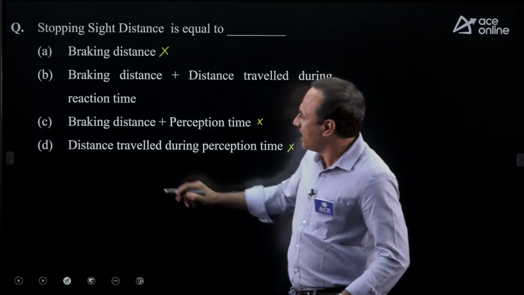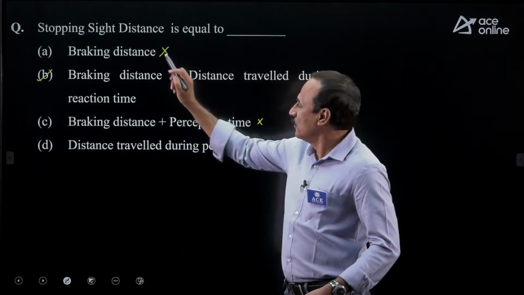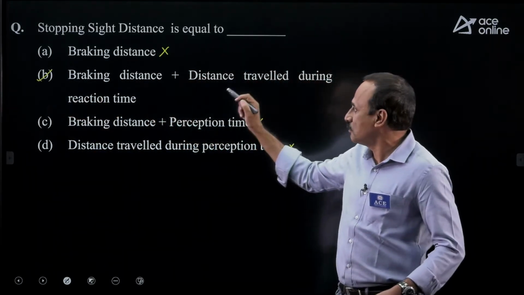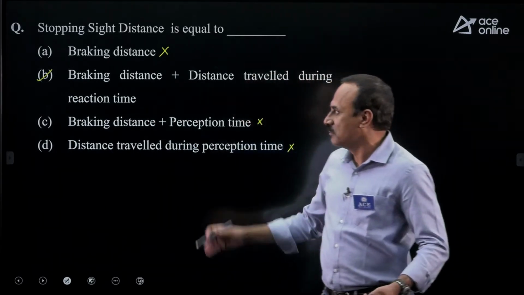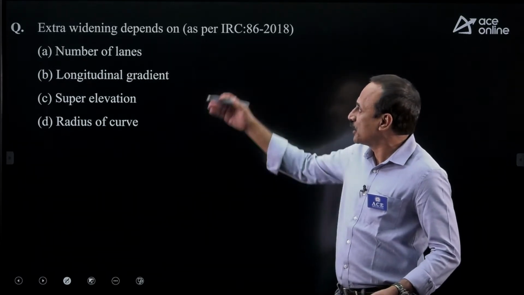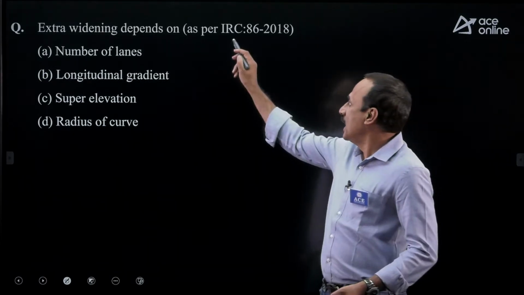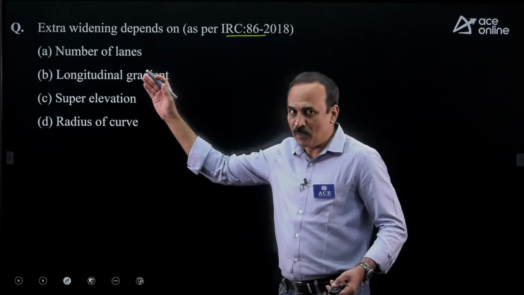So the most appropriate and most suitable option is option B. SSD is equal to braking distance plus distance traveled during total reaction time. So option B. Next, coming to this extra widening depends upon, as per IRC 86, extra widening is having